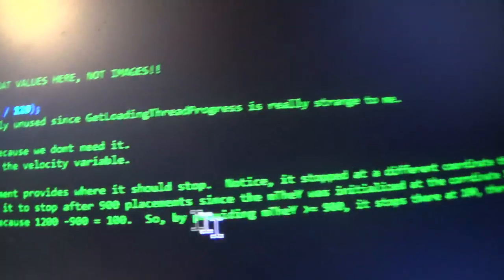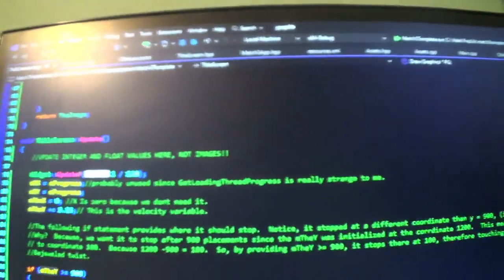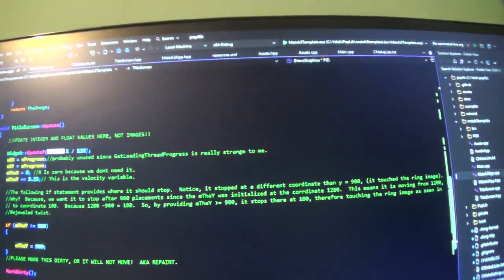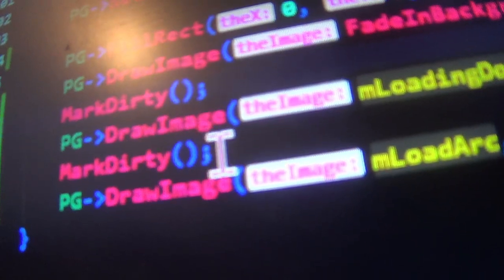Oh yeah, the comments. Yes. It explains more than it has to, but I can't really get a good view of this because it's too big. That's a little better, I guess. And you notice I actually had to mark dirty every single time. That's a pain in the butt, but you have to do that for images to have drawing state changes in this